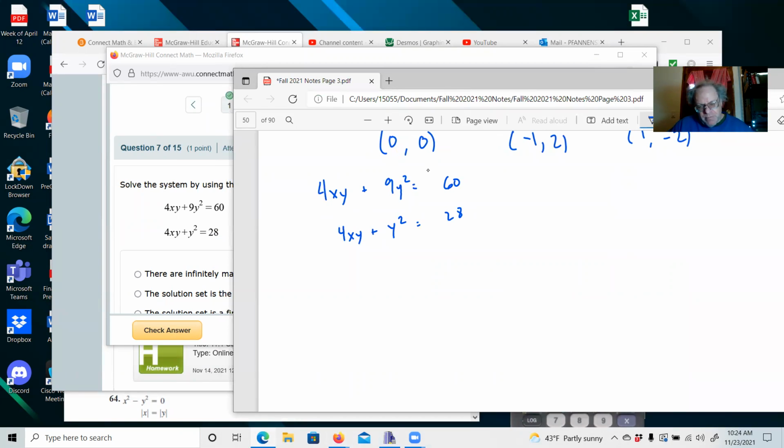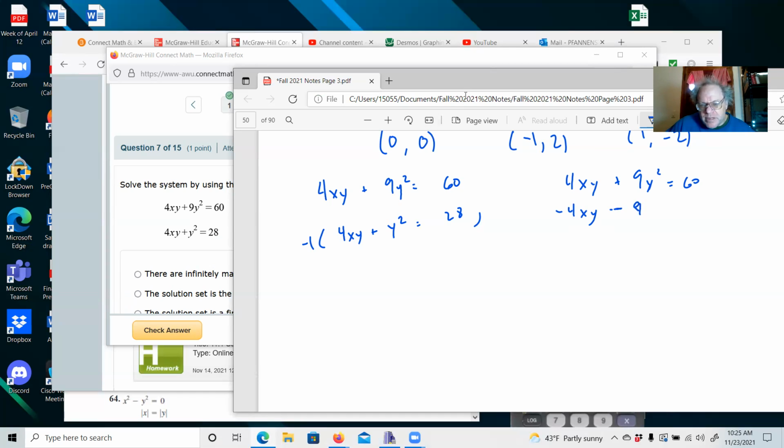Okay. So even though we could eliminate the y squareds, the problem is that I'm going to have a 4xy at the end of this, and we're still going to have 2 variables, but I've used up one of my equations. So we've got 2 variables with 1 equation, and that's going to be a little rough to get through. So if I eliminate the 4xy's, then multiply this by a negative 1. So we've got 4xy plus 9y squared equals 60. And then here we have negative 4xy minus